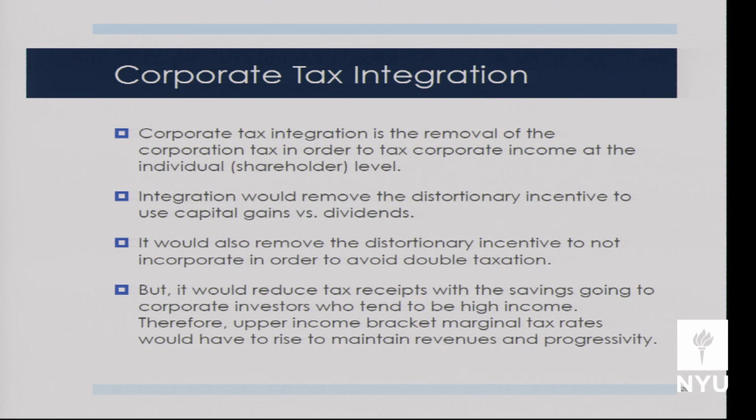Also, there's a danger: suppose the firm never pays out the income. They could just retain the money in the firm, right? And if you don't sell your shares, in that case, taxes could be avoided altogether, right? If ownership is just perpetuated. So if we really wanted to undertake corporate code integration, we'd have to do a couple things likely. We'd have to raise marginal tax rates on the individual side to make up the revenue lost from getting rid of the corporate income tax, right?